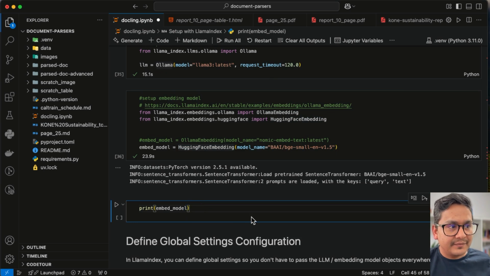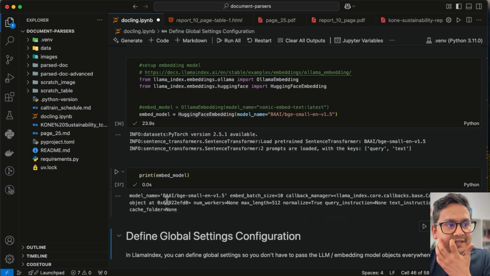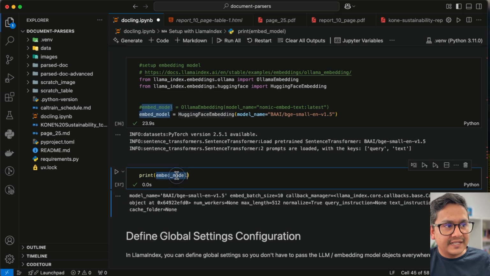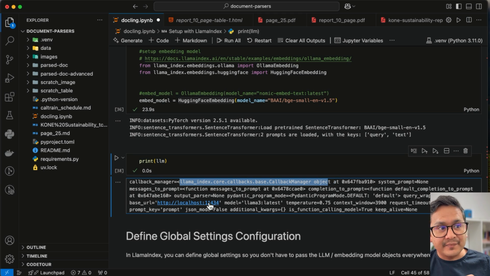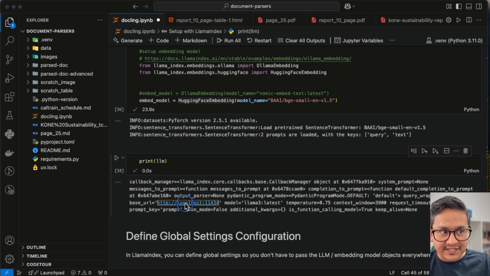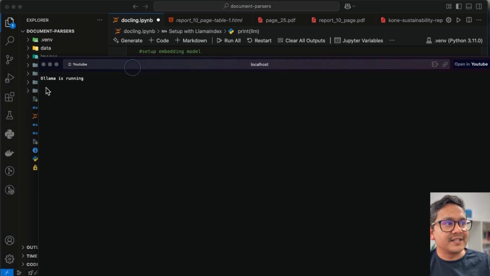So now if I print the embedded model, you can see this is the embedded model. I can even print the LLM. So what is the LLM? You can see this is from Ollama, but it is from the Llama Index core callbacks and all the different things. And make sure that localhost 11434 is running, because Ollama must be running if you want to use the Ollama models. If I click this one, you can see here it says Ollama is running, meaning that we can use